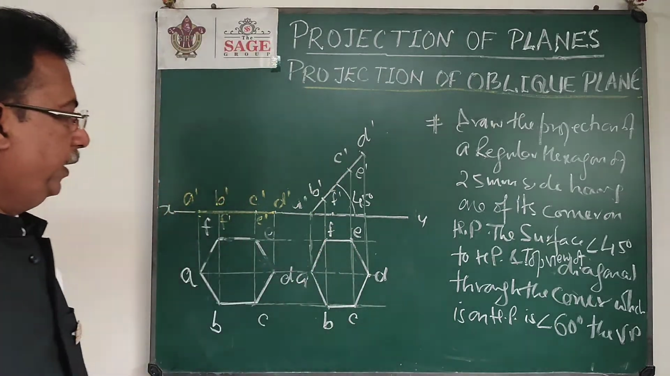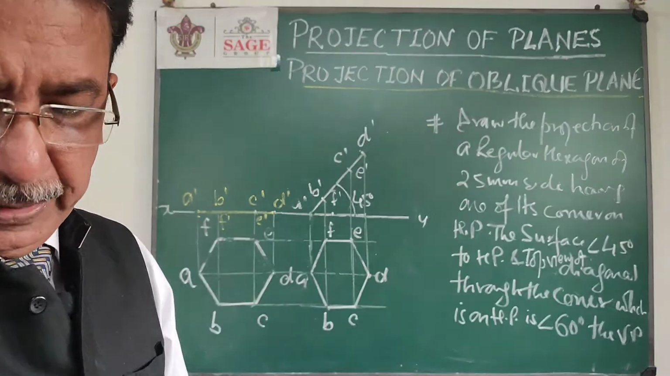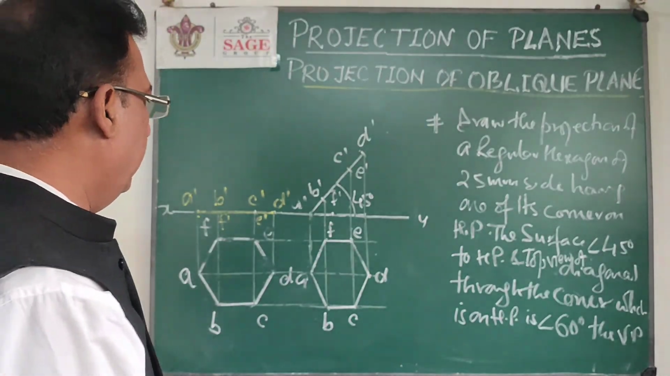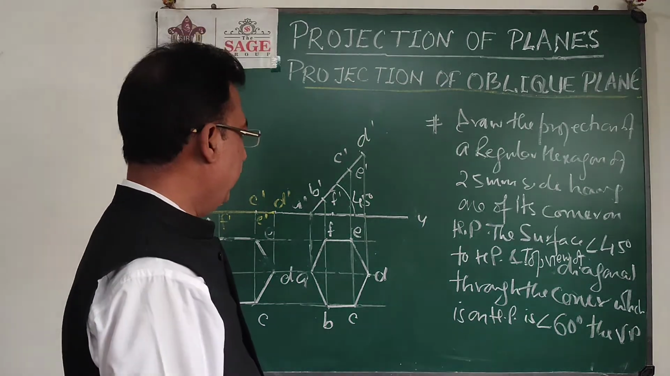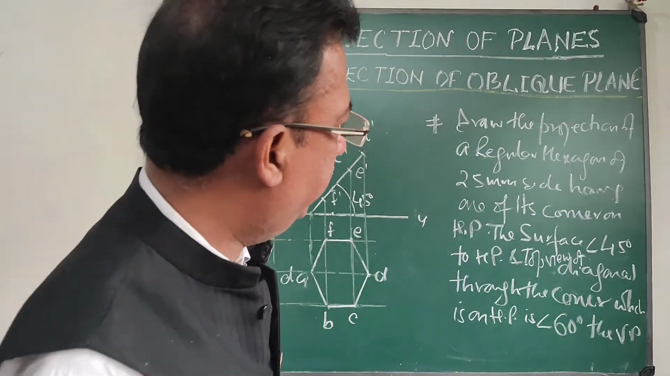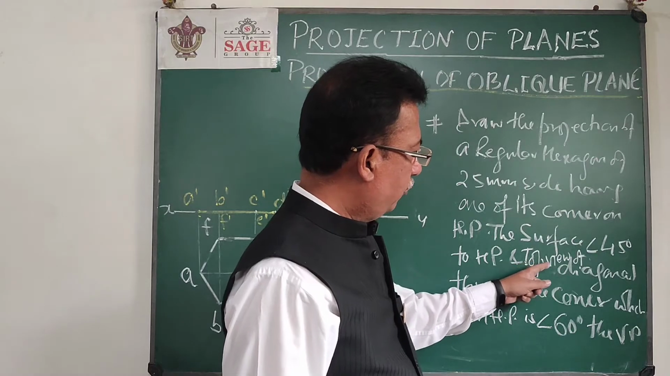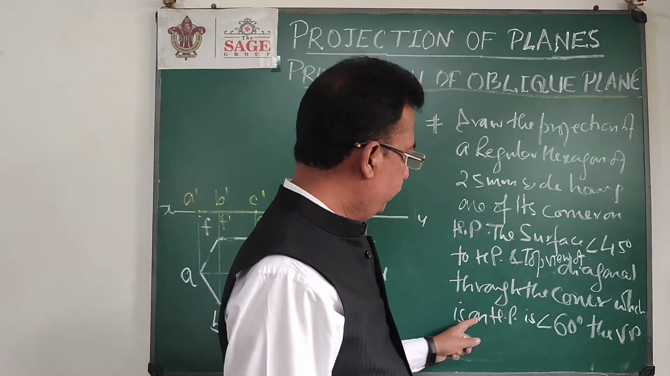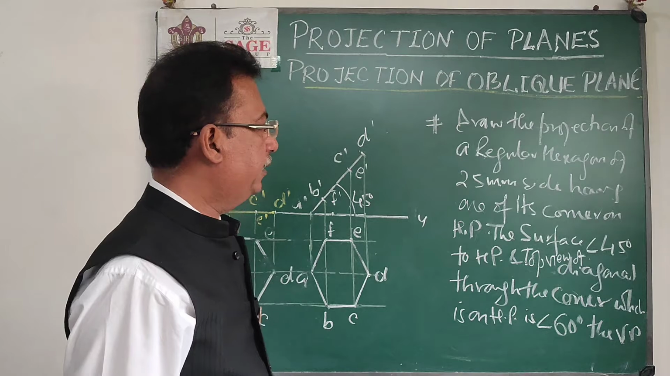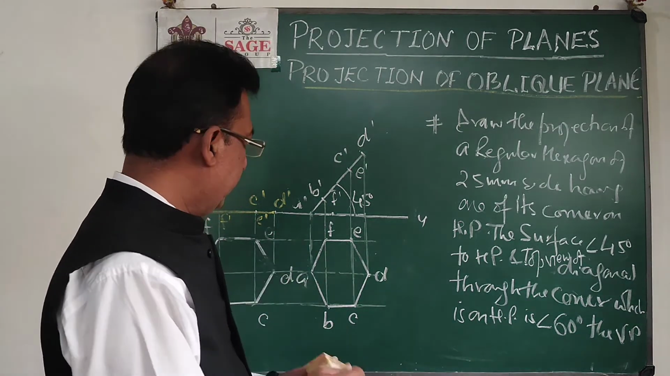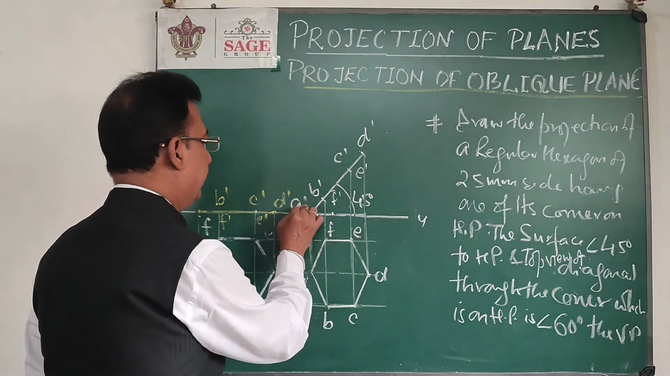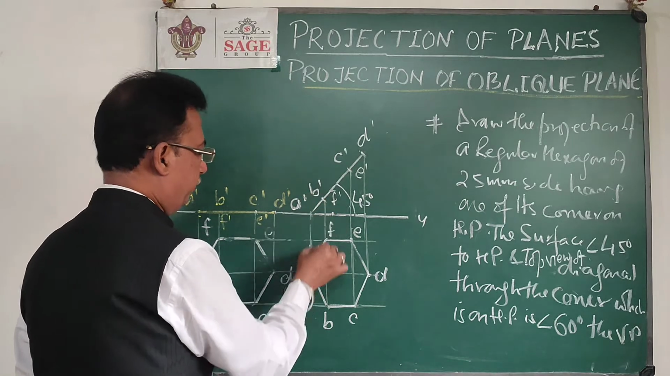So look at this figure. Now the surface will be inclined to HP by some angle, 45 degrees, and still perpendicular to VP. Now in the third stage, they are saying that the top view of the diagonal through the corner which is on the HP will be inclined 60 degrees to the VP. So as you see in the figure, this A dash point will be still on the HP